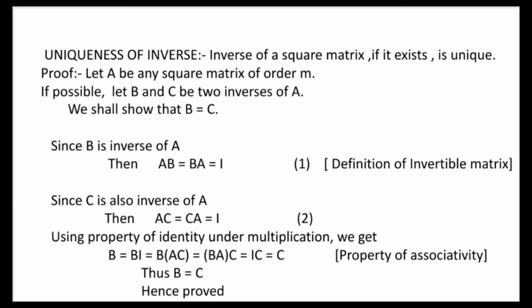Here B equal to C show that these matrix B and C are not different but they are same, because in the equality of matrix we study that two matrices are equal only if each element of these two matrices are equal. It means there is only one matrix which one person denote with B and other person denote with C. Hence proved the uniqueness of inverse of a matrix.